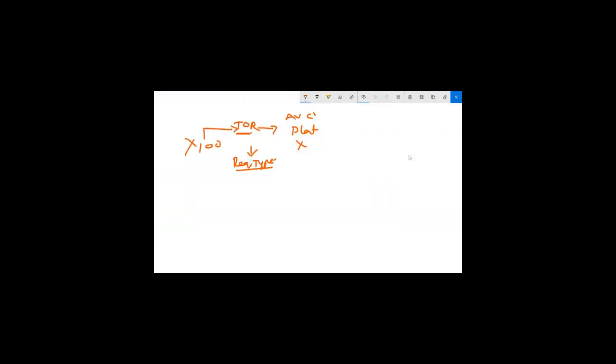Then this requirement type will help us to determine requirement class. So we'll not discuss more about requirement type and class today, because tomorrow we are going to discuss that anyway in the TOR concept, but I'll just touch and go today. So whenever you create an order, first the system will determine the requirement type into the sales document.